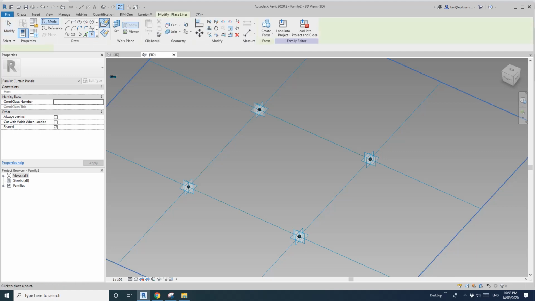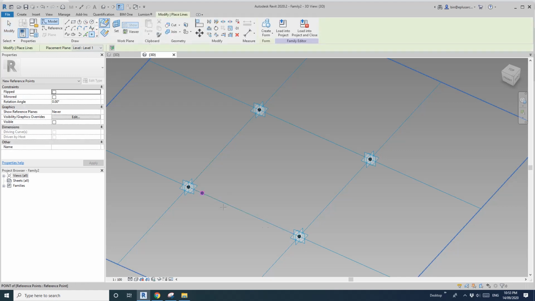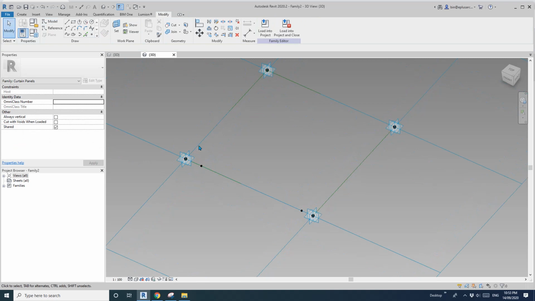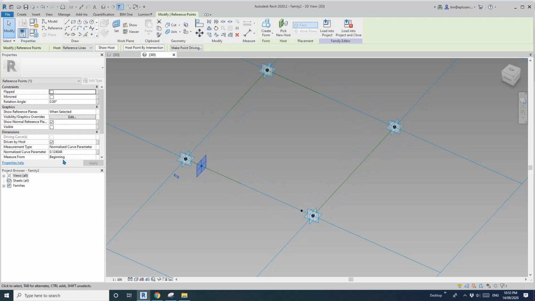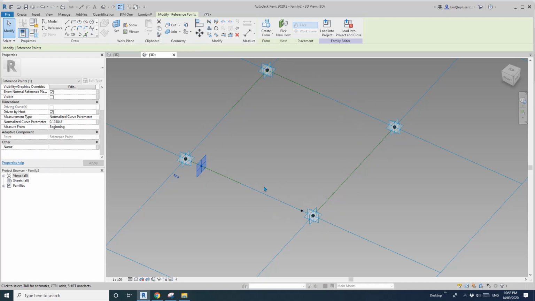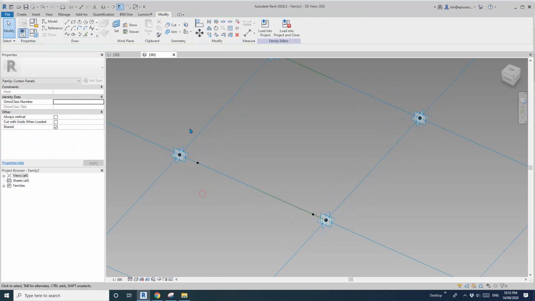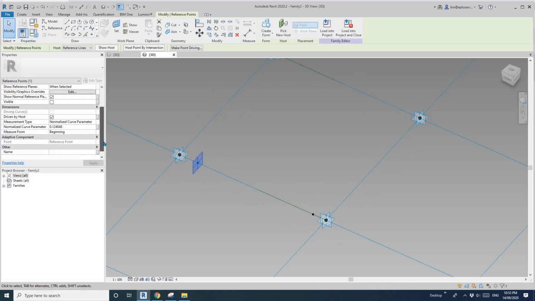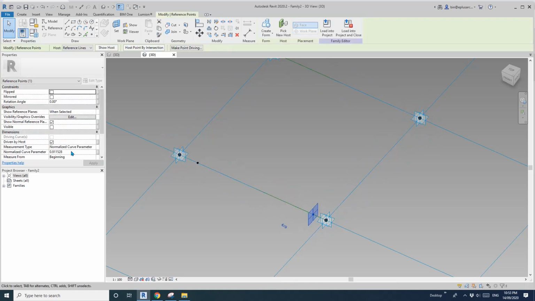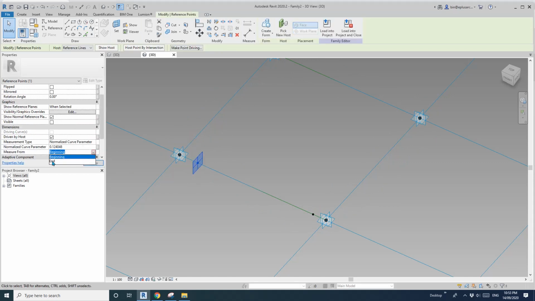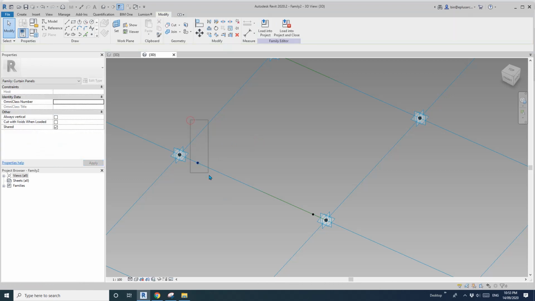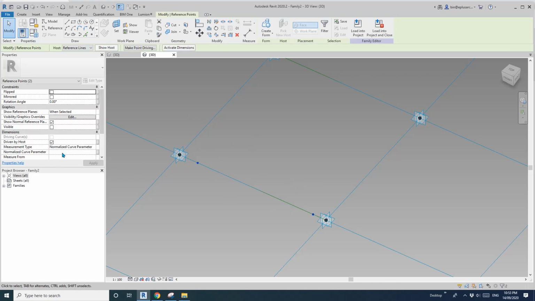Okay, so point, draw on face. I'll place 1 point here, and 1 point here. And then select these 2 points, or actually select 1 point. You will see one is beginning and the other one is end, or both beginning. No, it's okay. So yeah, both beginning, but one starts from 0 and the other one starts from 1. So select this one and change this to end,